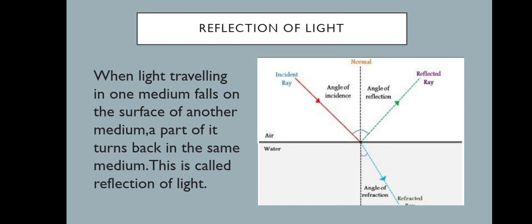So we can say that when a light ray is traveling in one medium and it strikes the surface of another medium, a part of it is reflected back into the same medium, which is called reflection, and the other part which goes into the second medium, which penetrates or is absorbed into the second medium, is refracted. So let's see what is meant by the refraction of light. What will happen to the part of light which goes into the second medium, which is actually refracted? Here is the refraction of light.